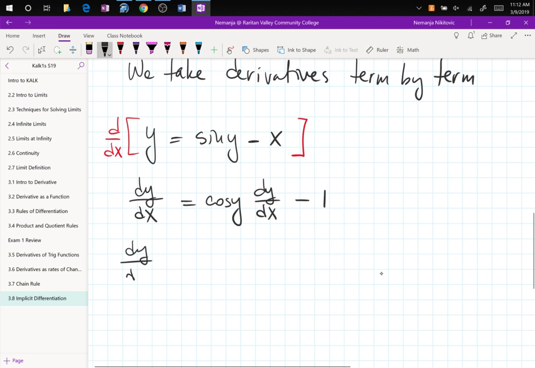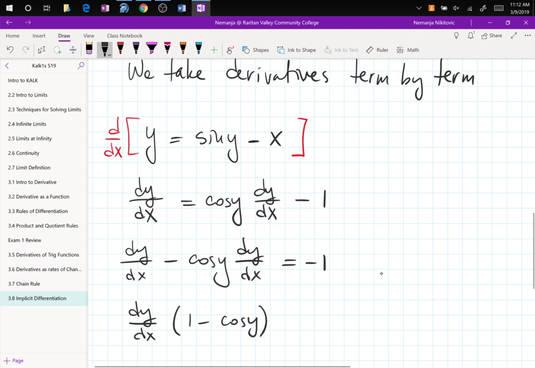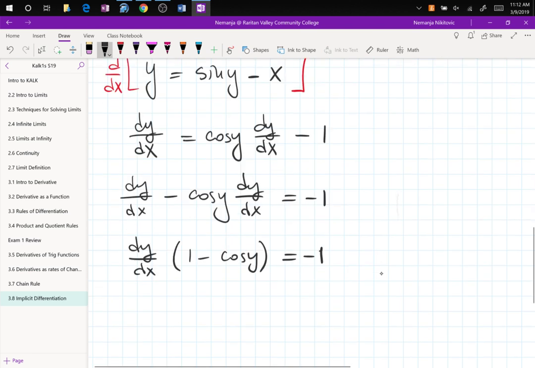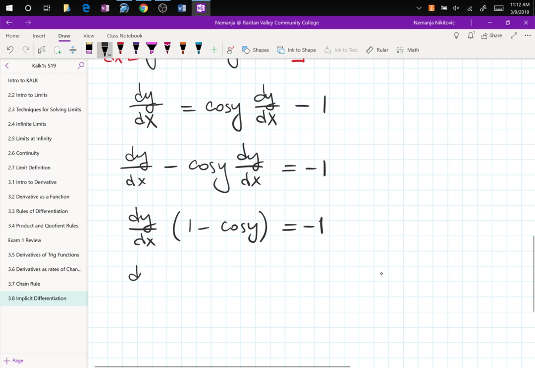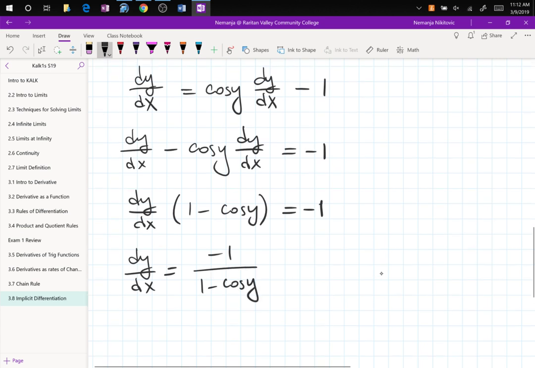So dy/dx minus cosine y dy/dx equals -1. Factor out dy/dx, and you are left with 1 minus cosine y. And finally divide by that to get dy/dx alone, because we are looking for the derivative. And if you want to make this prettier,